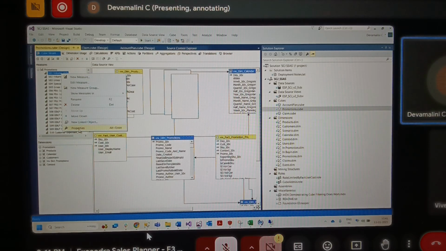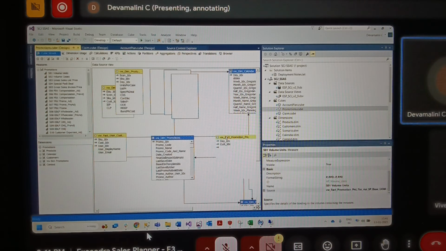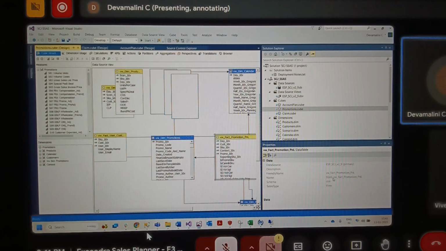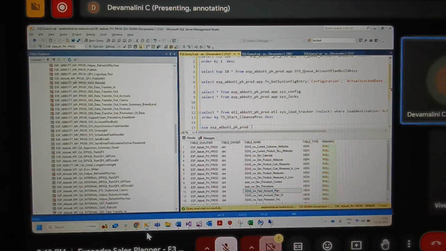So we can see here, if you see the properties, it is taken from view fact promotion P&L. If you click here, it will be taken from this SSAS view promotion P&L. So you have to come and take the SP help of this